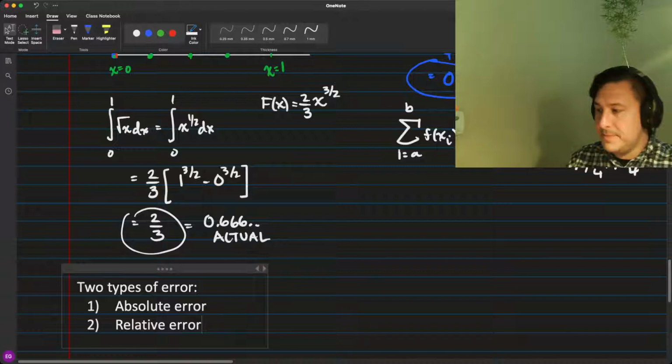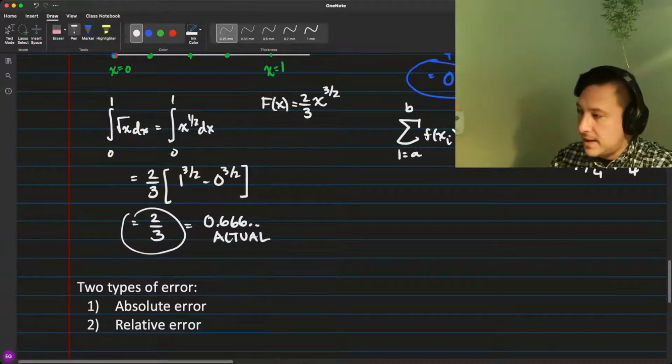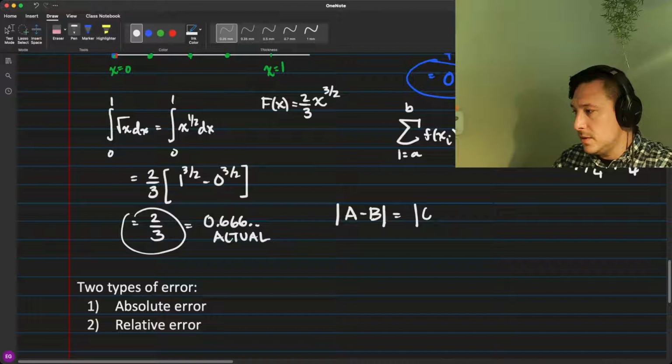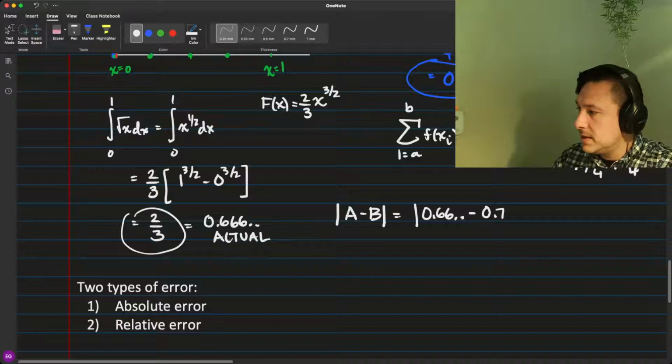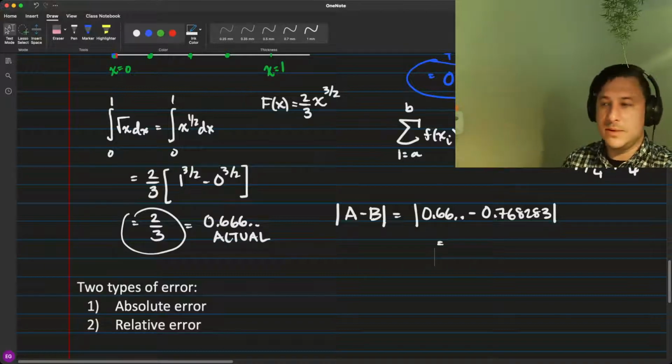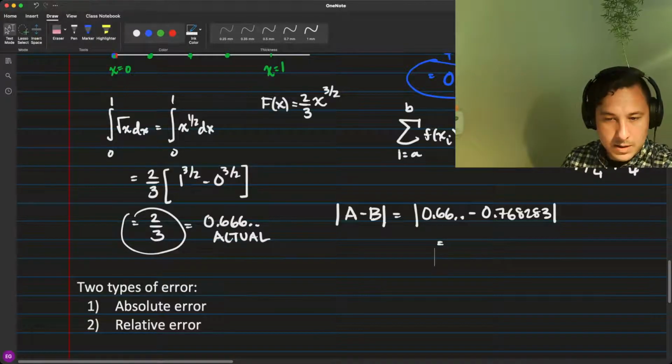The absolute error is the absolute value of the difference between the two numbers. The actual area is 0.66 repeating. The estimated area was 0.768283. So if you subtract those two numbers and take the absolute value,